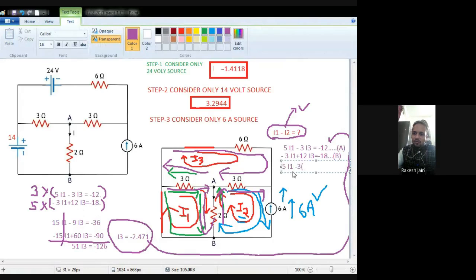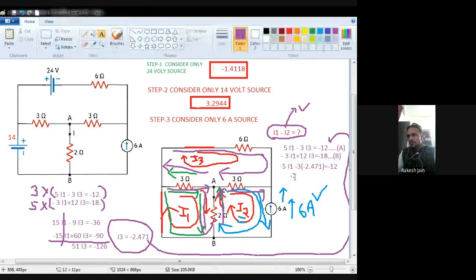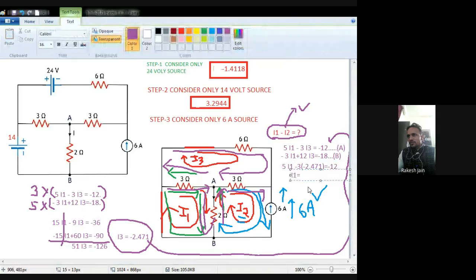So the first, second and third equations are completed: 6 I3 plus 3 I3 minus 3 I2 plus 3 I3 minus 3 I1. So minus 3 I1 minus 3 I2 plus 12 I3 equal to 0. Okay. Now the three equations are completed. Now see, we already found I2 is equal to minus 6. So just put this I2 value in equation number 1 and also put this I2 value in equation number 3.